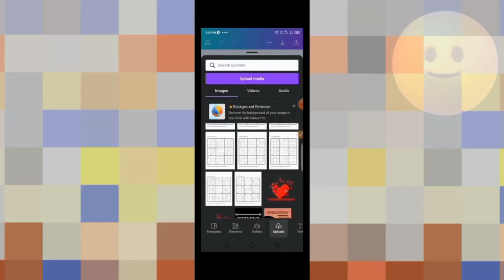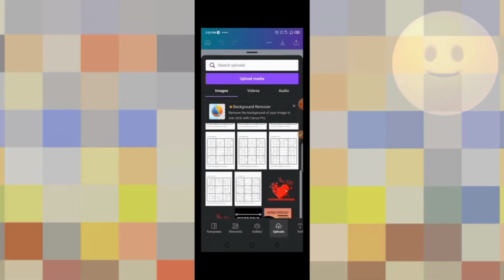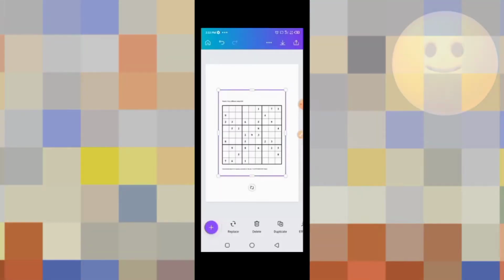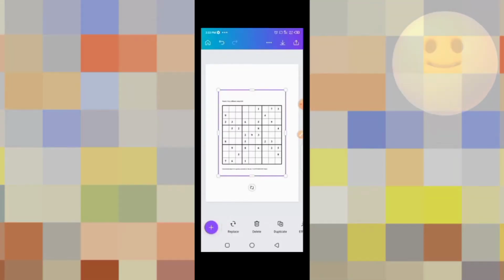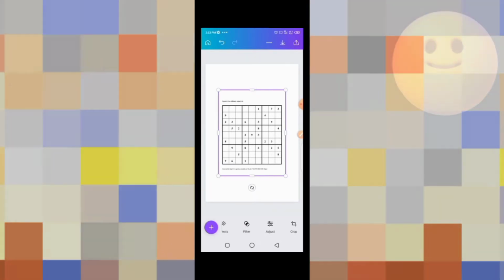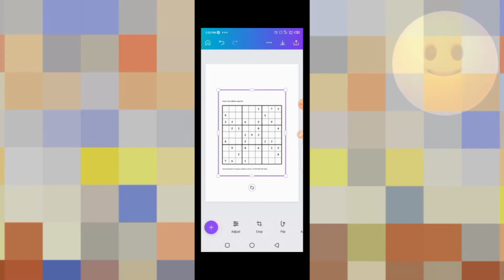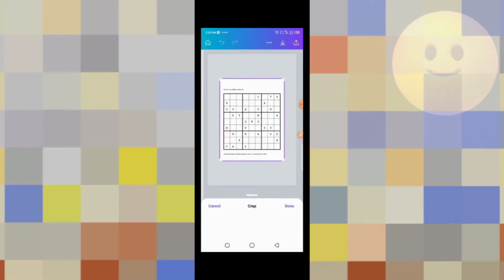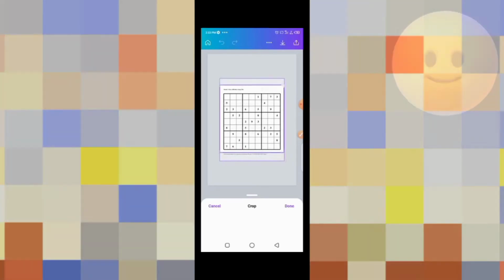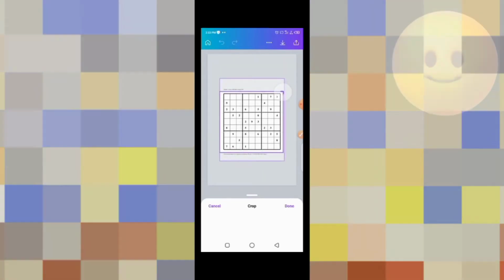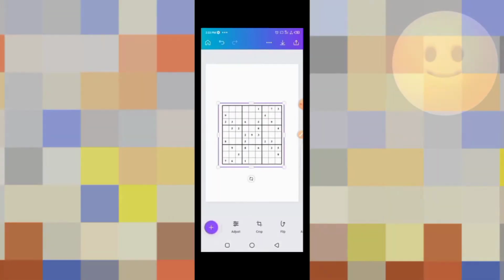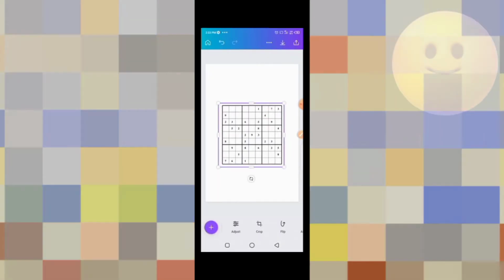Now when you upload them from number 1 to the last number, it's ready for editing on the Canva app. Now you click on the one you want to use and then it goes onto your page. So now we are going to crop this to remove all the writing down here, and you can do it using the navigation bar right here where you see all your tools. So we are going to click on crop and then you resize these images, removing all those text and writing up